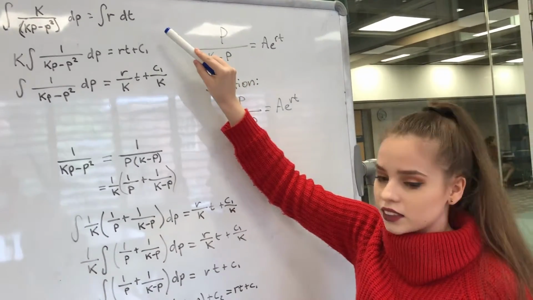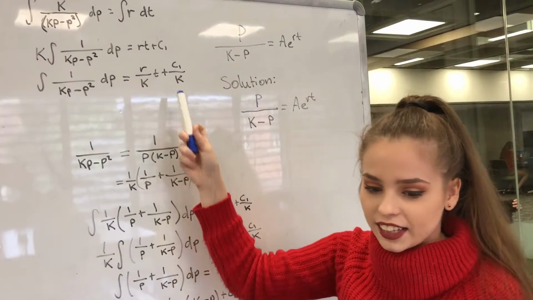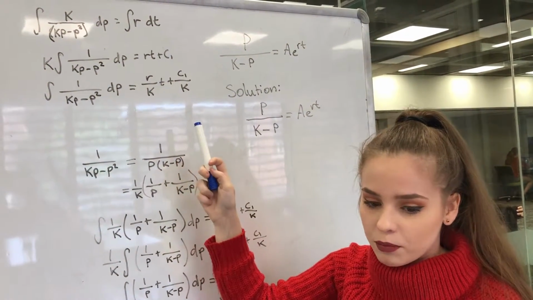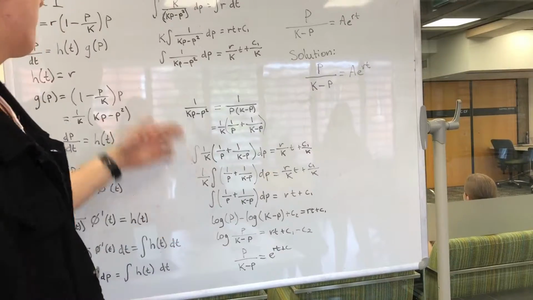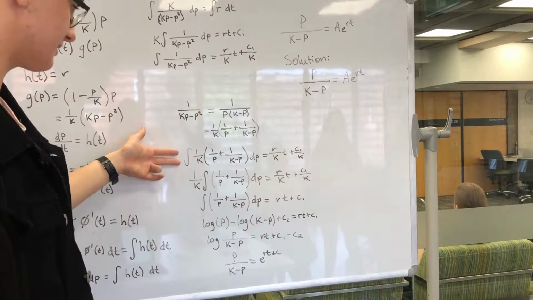Now we integrate both sides. The right side gives us rt plus c1. Factoring out k from the left side and dividing it from both sides, we get this. Now that we have expressed the left-hand side of this in terms of partial fractions, giving us this,